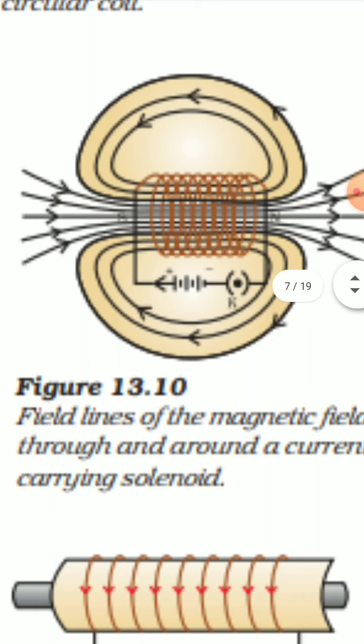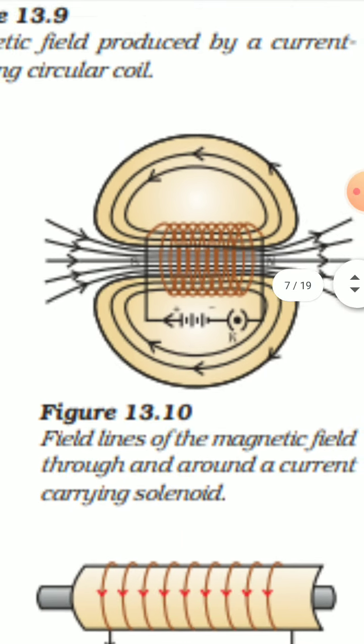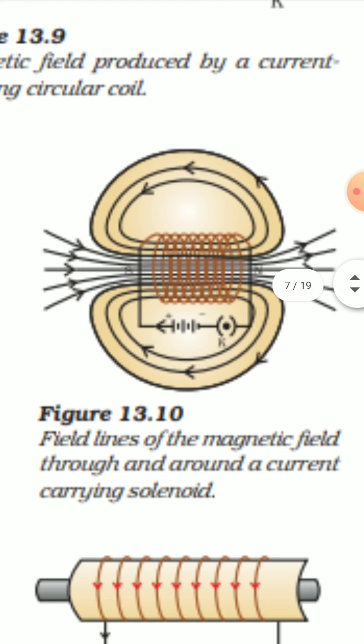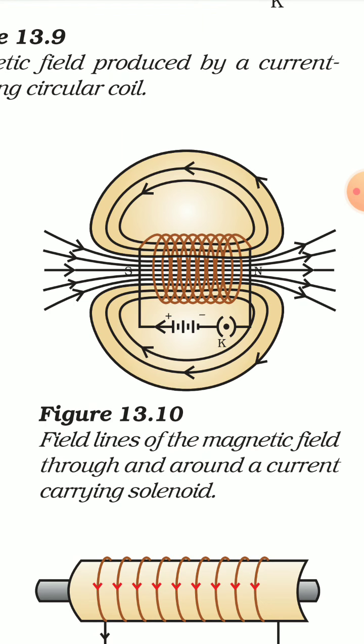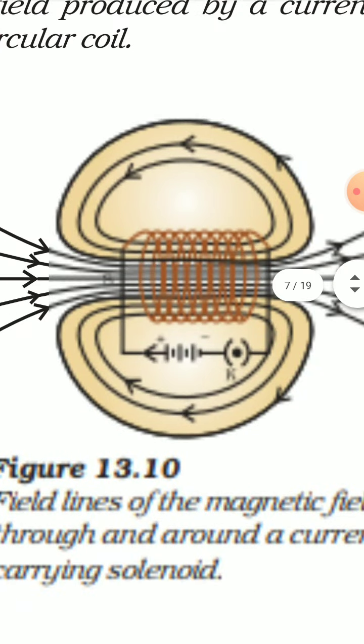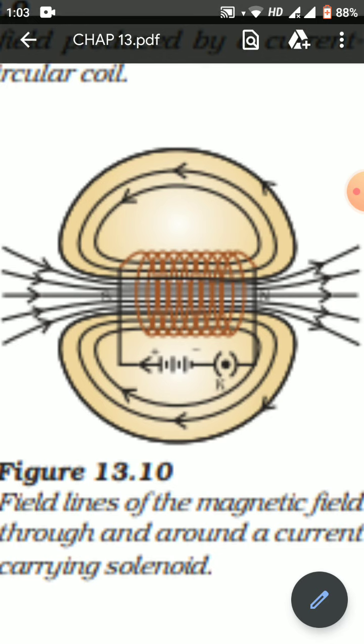If I magnify this image, we have this circuit. It is also given in the book, figure 13.1. You can see on the screen a circuit, and you can see these brown coils in the shape of a cylinder, and these are circular loops having a number of turns. So these circular loops having a number of turns in the shape of a cylinder are known as a solenoid. You can see this solenoid over here. So this is a solenoid.